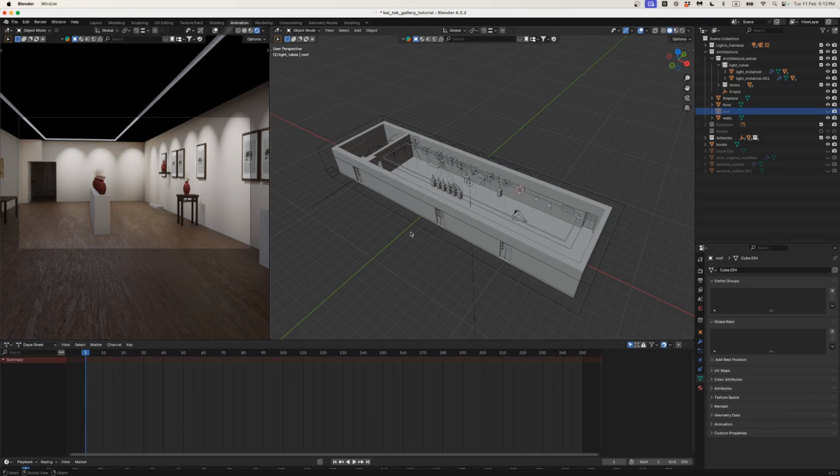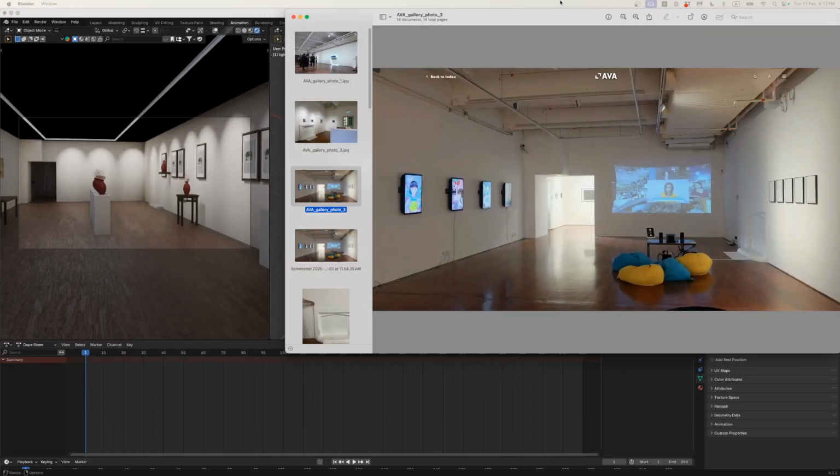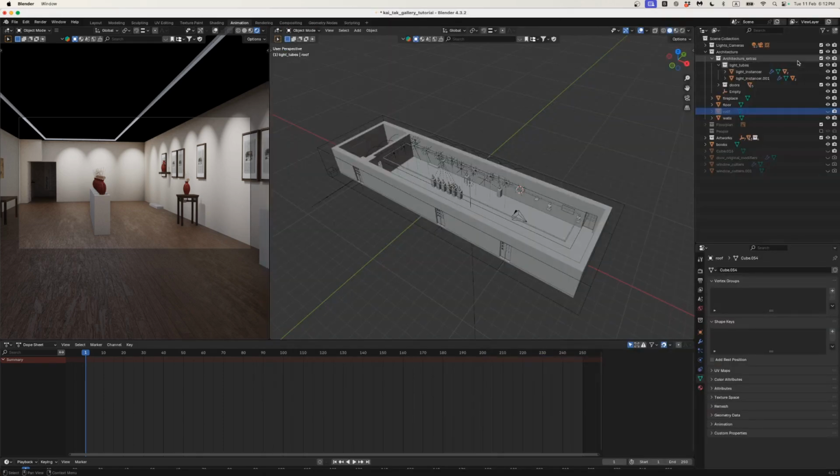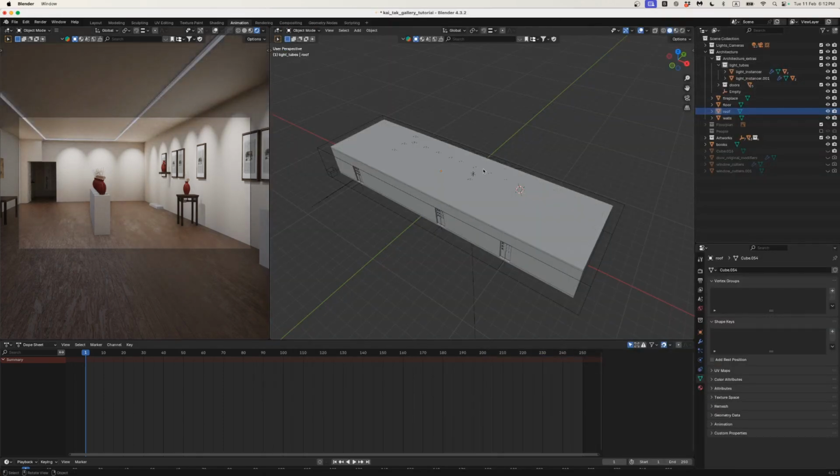Okay, hi everyone. So this is a follow-up tutorial from our 3D modeling that we did in, I think, tutorial 2, where I just want to start to add a bit more of the detail of the gallery. And this is more if you want to get into making a realistic looking image for a proposal or something like that. If I pop in here and I'll just put my roof back in,